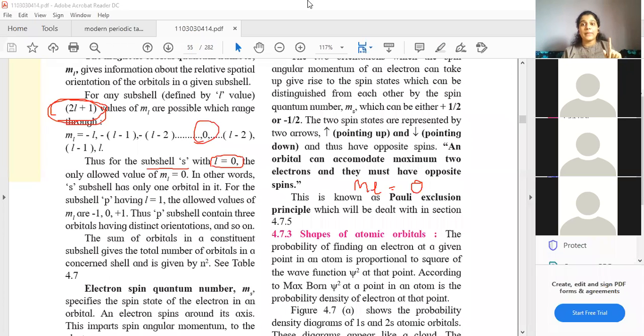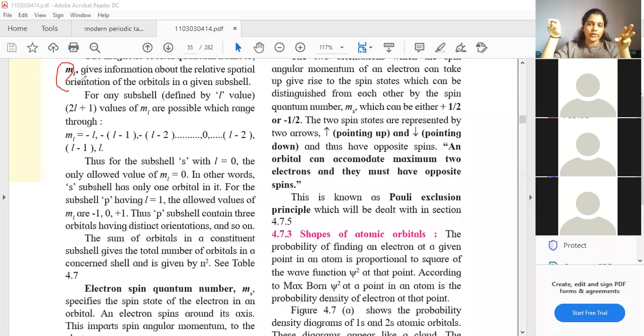For now please remember, when you talk about just an orbital, you are supposed to write only 3 quantum numbers: principal n, then azimuthal L, and ml. When you are writing all the quantum numbers for an electron, the electron inside that orbital, you are supposed to write 4 quantum numbers: n, L, ml, and one extra, that is ms. Now this ms is, students, the electron spin quantum number.